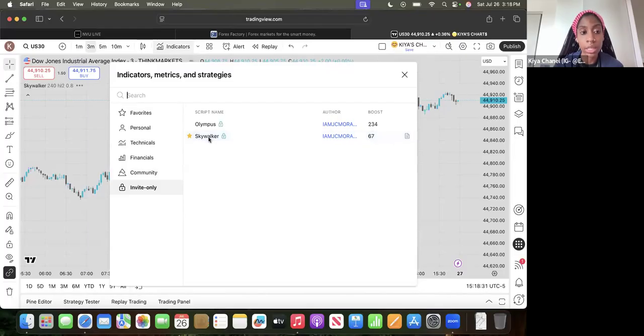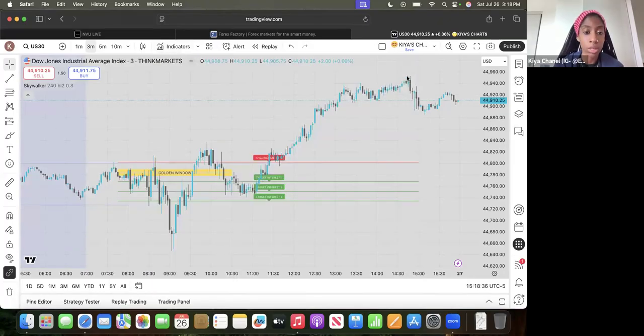You're going to press on that, and the scanner is going to be on your chart. You only have to hit it once, and the scanner is going to be right there for you. So now that you have Skywalker on your chart,